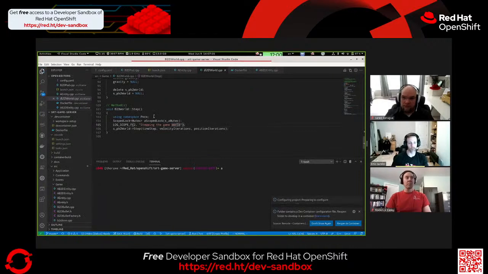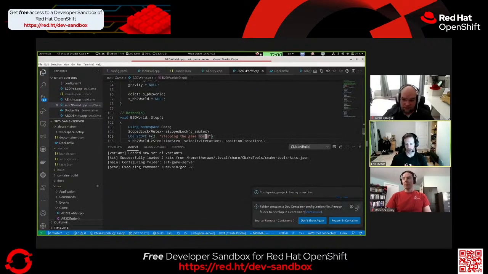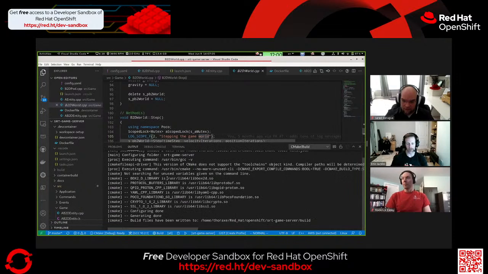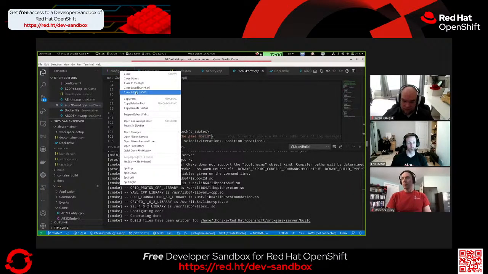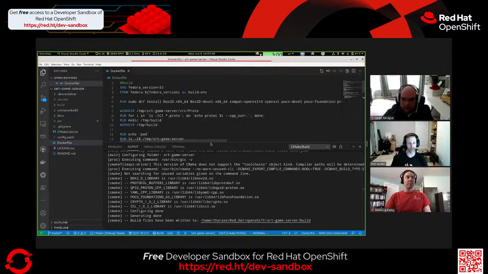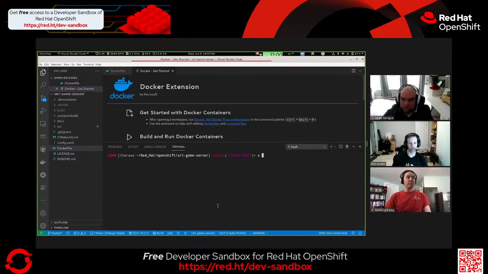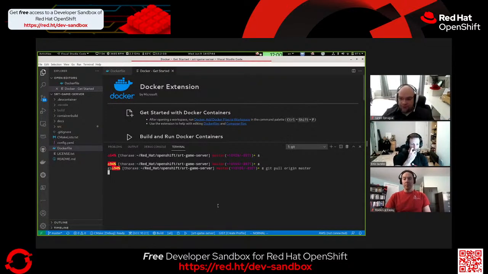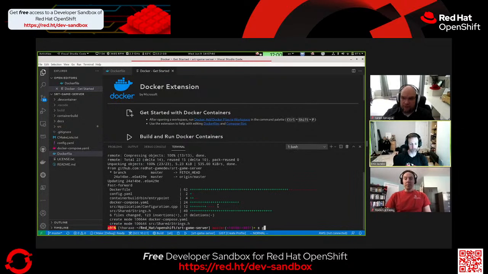So all you have to do is add a command line to the Docker file where you copy the current folder to your TMP/game server. Meaning, just clone the repo into the right place. Yeah, exactly. If you look at your code, you are referencing TMP/game server as the folder where the code is, right? No, wait. If you just change the Docker file,